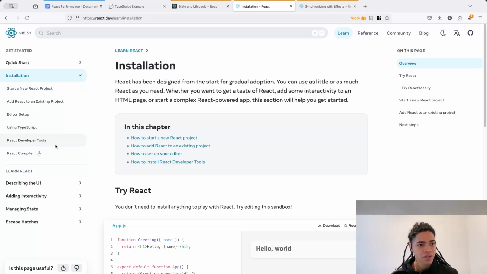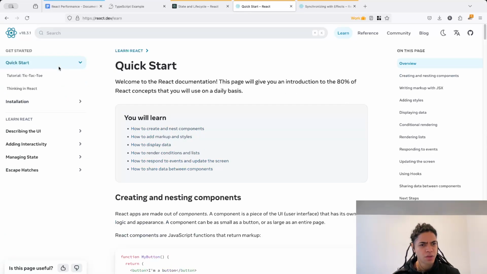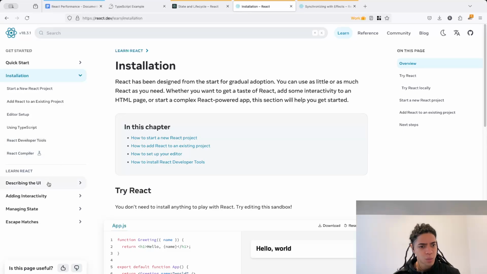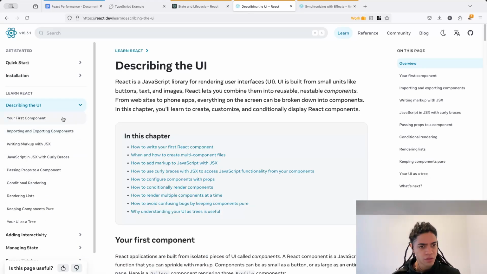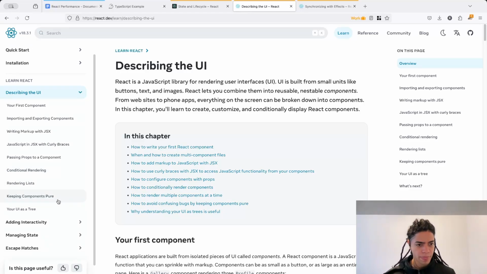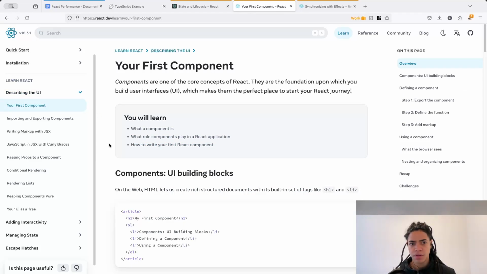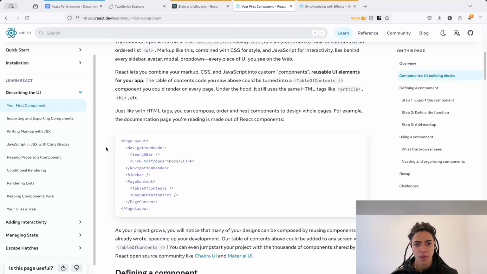this is the installation. All right. I'm actually quite new to this. The installation to this. Describing the UI, your first component, importing and exporting components, writing markup with JSX, JavaScript in JSX with curly braces, passing props to a component, conditional rendering, rendering lists, keeping components pure, and that kind of thing. Okay, your first component, but this is now how you can do that